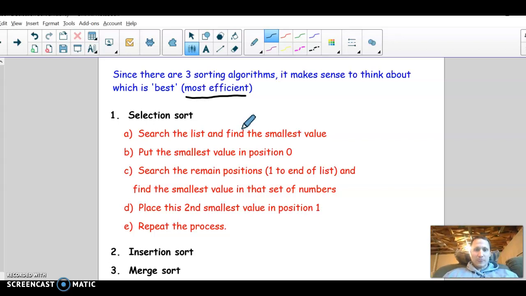At any rate, so the efficiency, right? There's three different algorithms on the AP test: selection sort, insertion sort, merge sort. So far, we've just talked about selection sort. You can see a review of it, right? It selects the minimum one at a time and puts it in place, then finds the min of the remaining